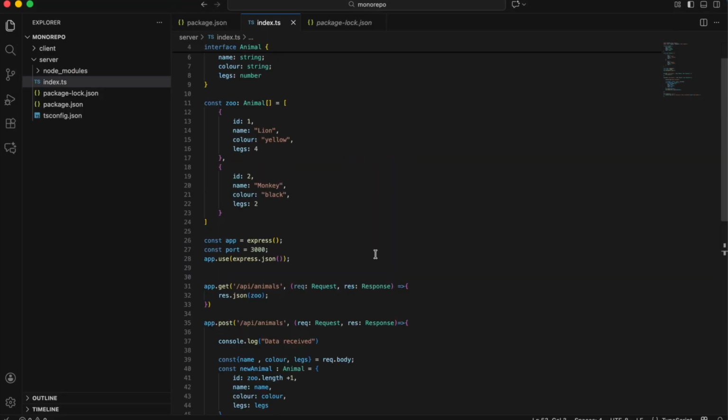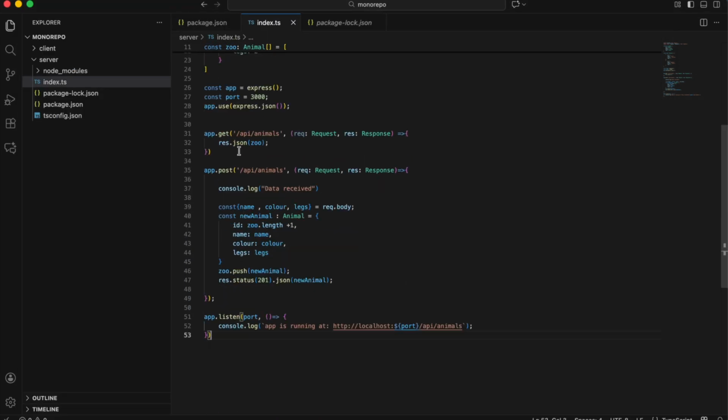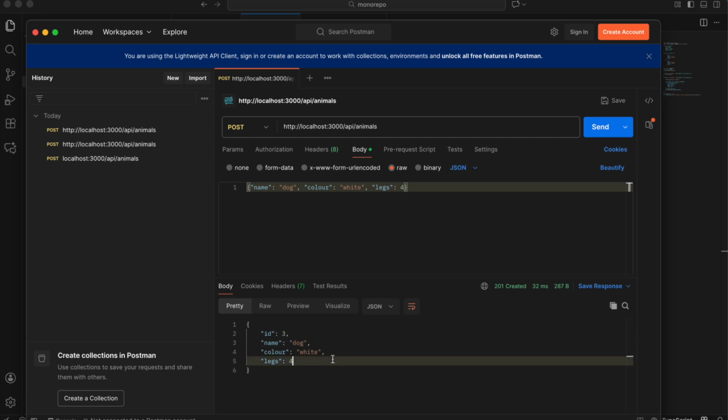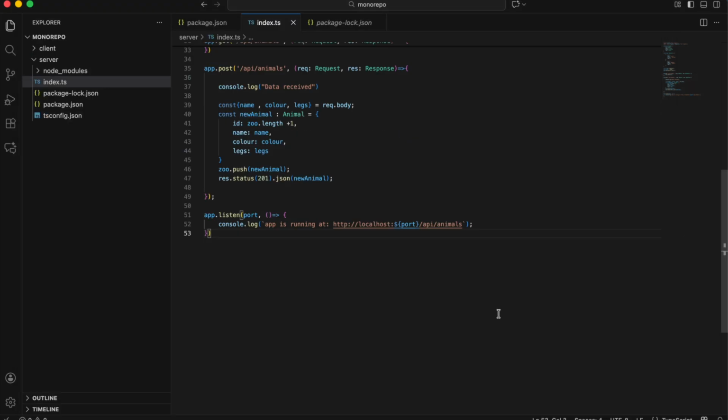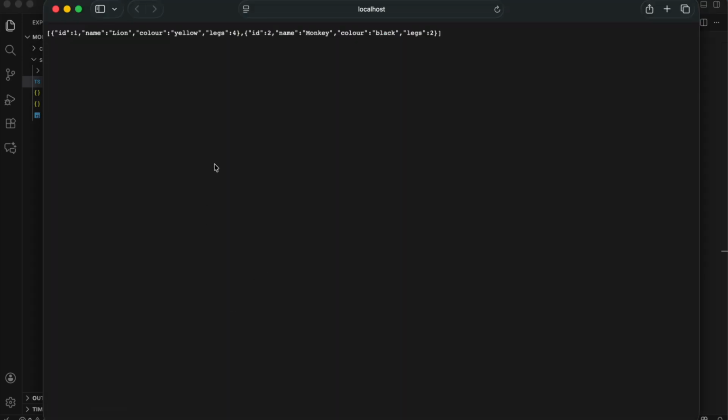Now if we make a get request to our server, we'll also see this dog animal getting added to the zoo array. So let's open the browser and refresh it. As you can see, dog has been added. So using a post request, we were able to add an object to the database, and using get